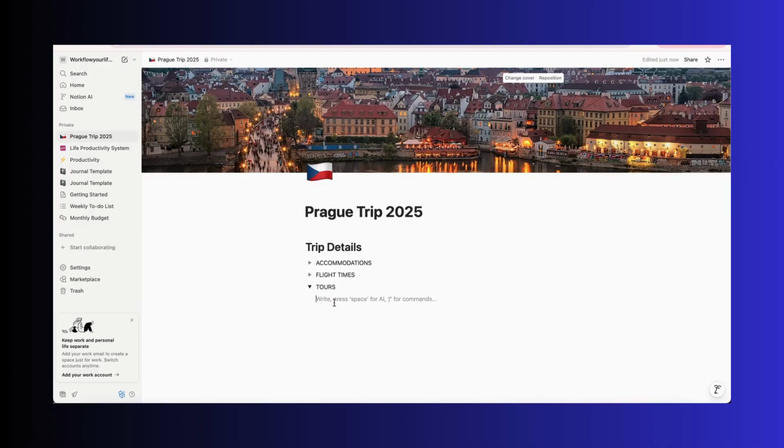For the sake of an example, I'm not gonna actually take a flight and put it here, but typically I would have a screenshot of my flight confirmation or my boarding pass even and put it in here. For accommodations, you could have,